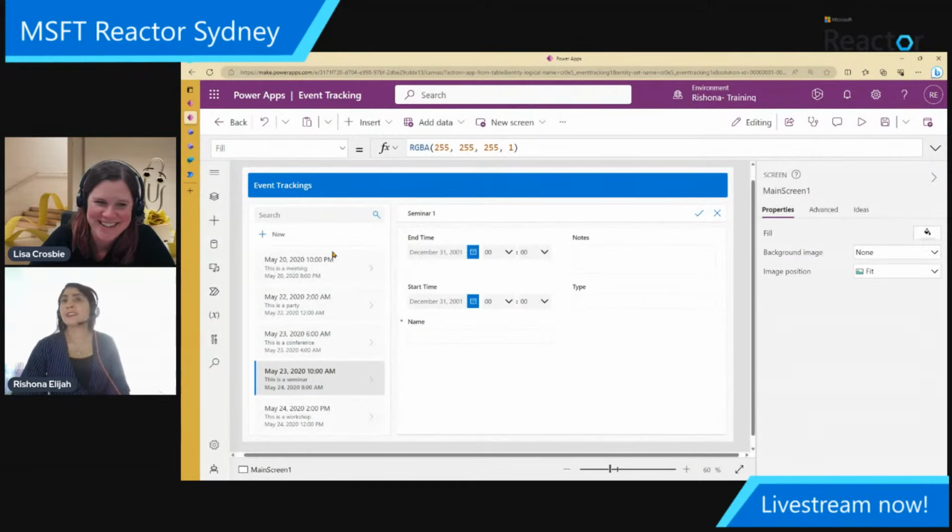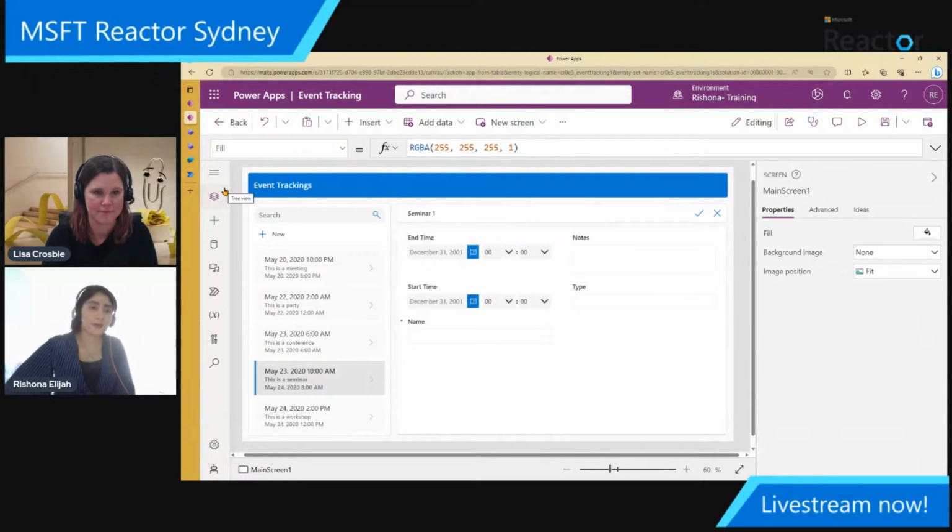So like I was saying, this is ready to use. It's responsive as well. So you know how typically when you go and you build a Canvas app, you need to go and do some additional things if you want it to scale well on a mobile, on whatever screen you're looking at it on. This one, it will automatically be set up with those containers that you need for it to be responsive to your screen size.